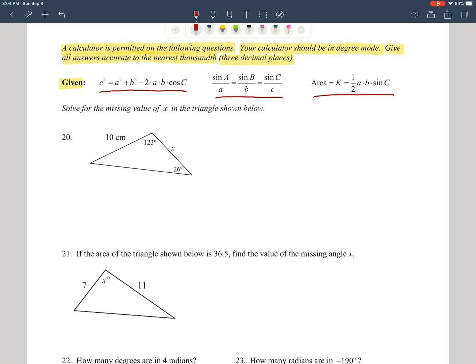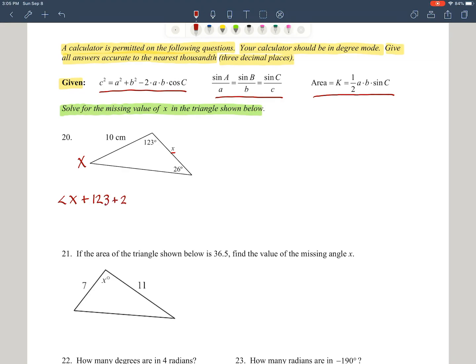So this problem says solve for the missing value of x in the triangle shown below. So we'll see here that x is a side length in this triangle. We're given 2 of the angles and then one side there. So since we know 2 of the angles, let's just go ahead and find the third angle, right? We know that there's 180 degrees in the triangle, so let's just call this x over here. This would be capital X since we have little x as the side. So let's say angle x plus